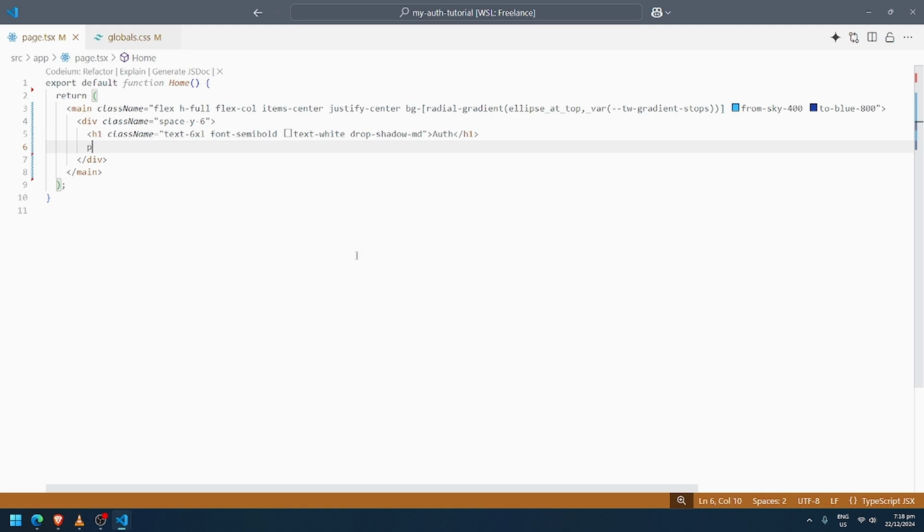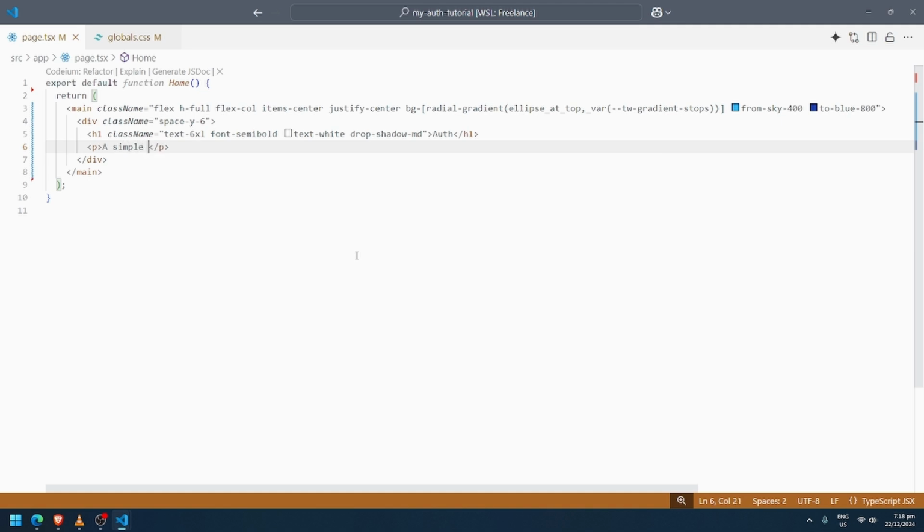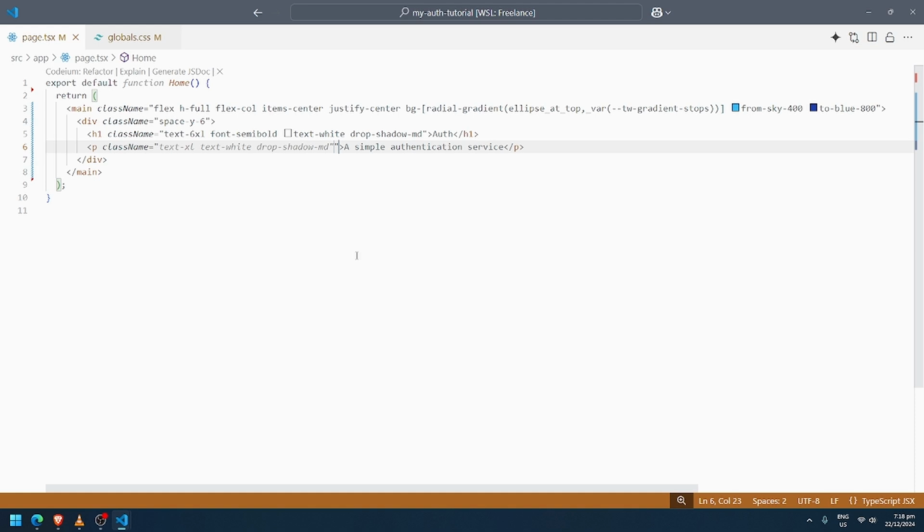Alright, the next thing is let's type p and make this a simple authentication service, and let's add class name. Alright, so let's remove that.